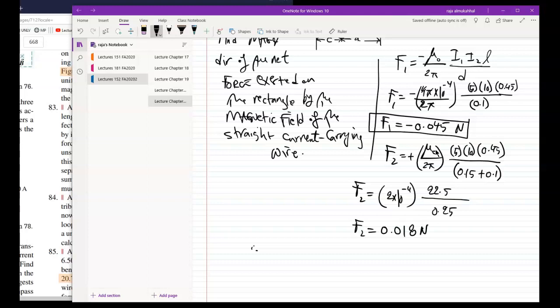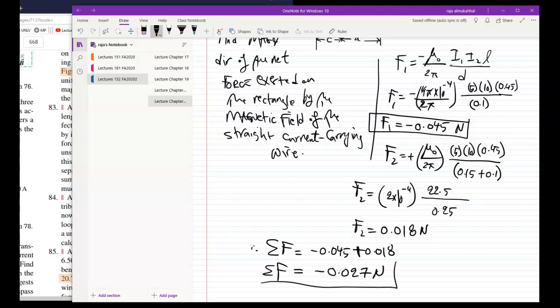So therefore, the net sum of the forces is going to be negative 0.045 plus 0.018, and the net is negative 0.027 Newton. The net, there it is. That's the net force on the